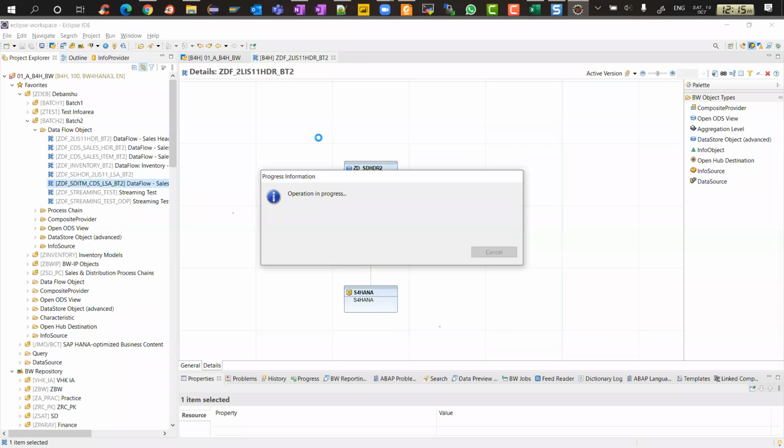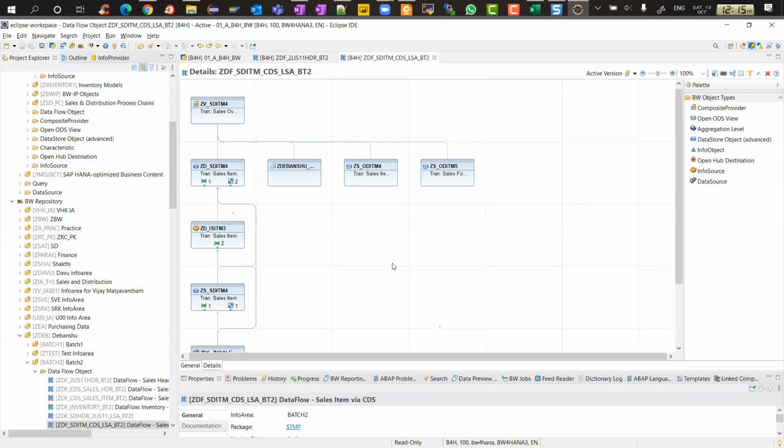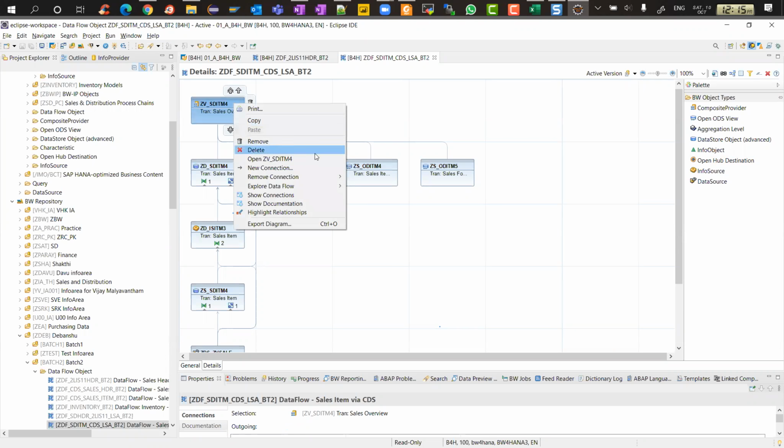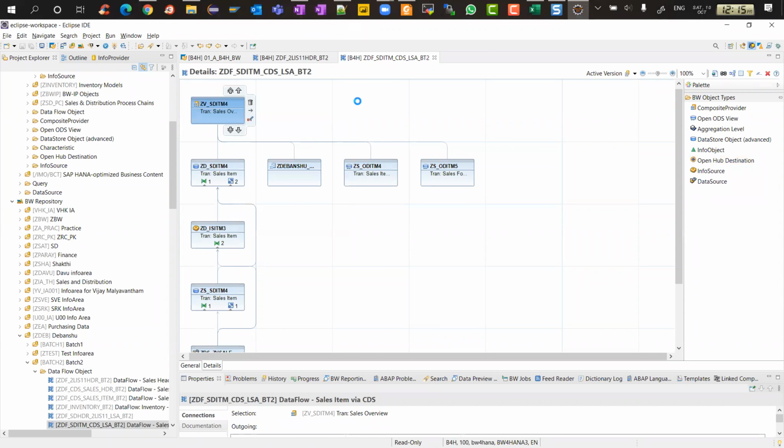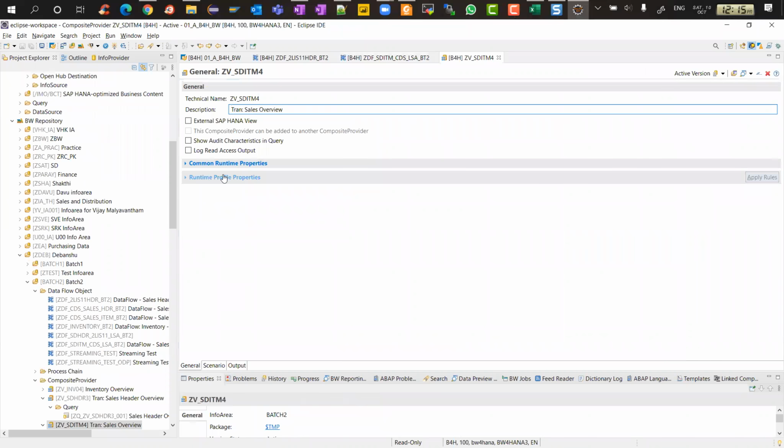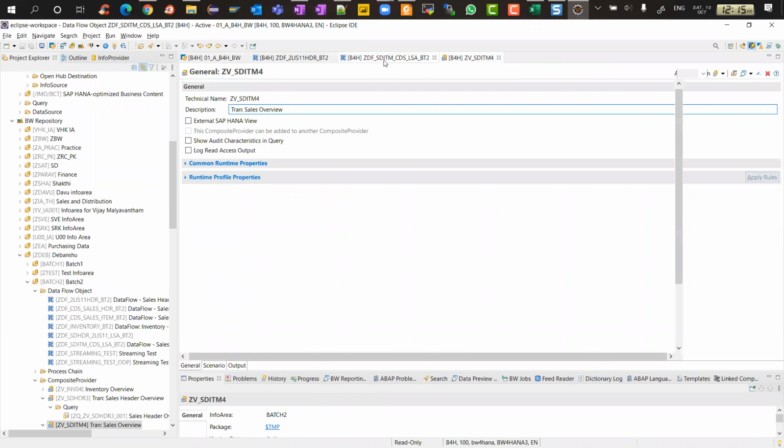Okay, so we have a CDS view based data flow, and here it is so easy to create your ADSOs, composite providers, OpenODS views, data sources, info sources, open hubs, everything you can create from this single place, and then you can right click on it and you can open this from here. So if you want to open a composite provider, you can open from here. If you want to create a new DTP, new transformation, everything is very easy and user intuitive in the data